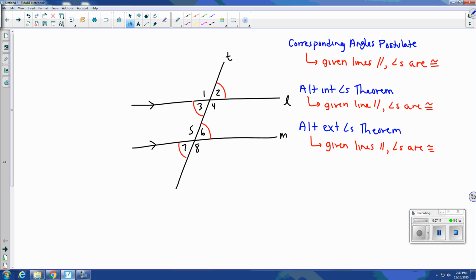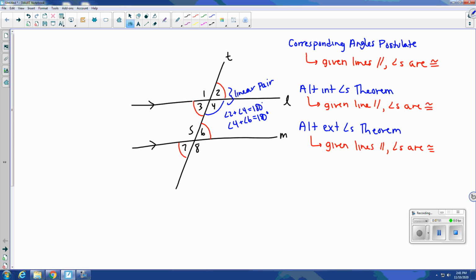What about the relationship between these angles on the inside, like 4 and 6? We can say that 2 and 4 form a linear pair. And based on our linear pair theorem, we know that they're supplementary. And knowing that 2 and 6 are congruent, then I can say 4 and 6 must be supplementary through substitution. So if I know that 2 plus 4 is equal to 180 because they are a linear pair, then I must also know that 4 and 6 equals 180 through substitution